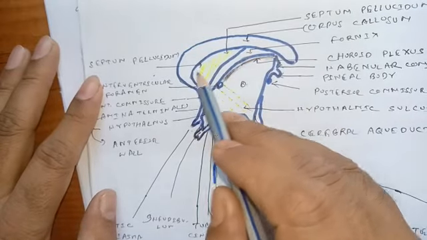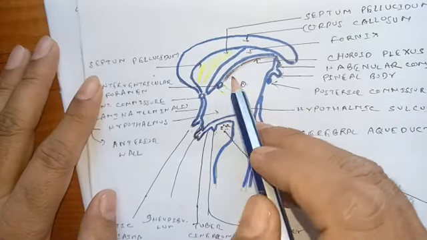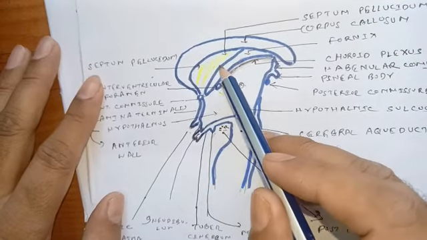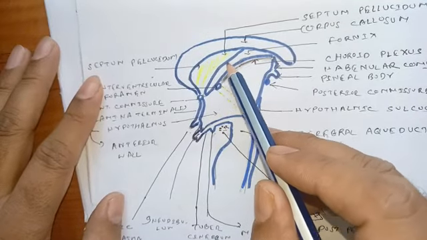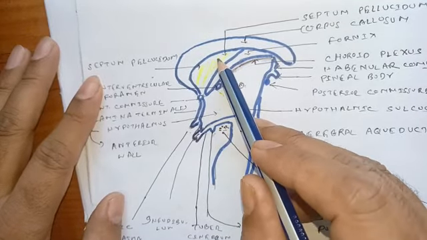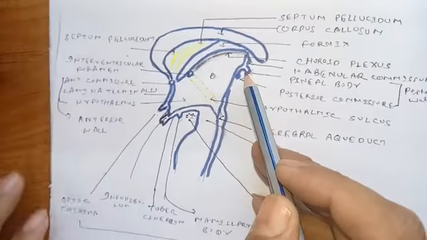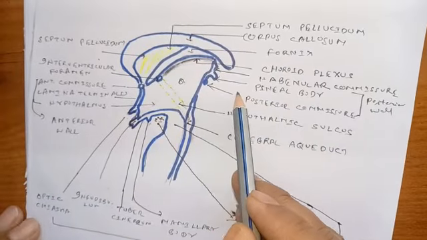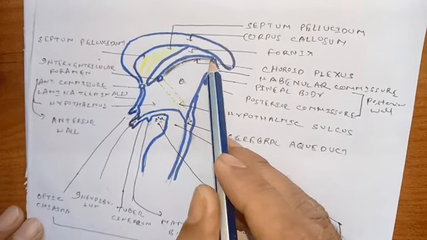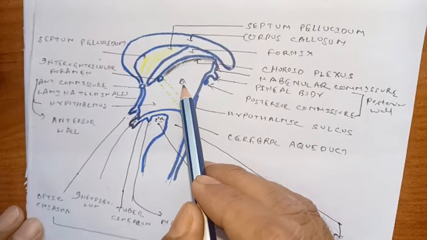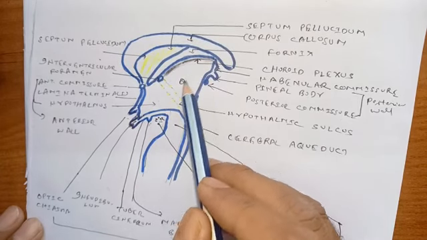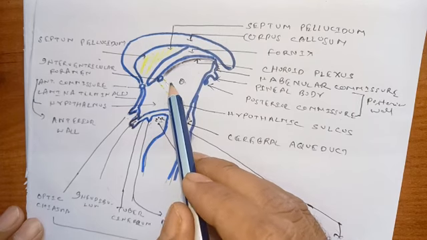This is the corpus callosum, and it has four parts: the splenium, body, genu and the rostrum. This is the membrane-like structure, the septum pellucidum, in between the fornix and the corpus callosum. This is the choroid plexus of the lateral ventricle. This is the interthalamic adhesion, this is the thalamus, this is the hypothalamus, and this is the